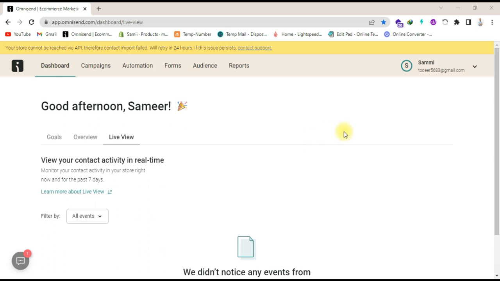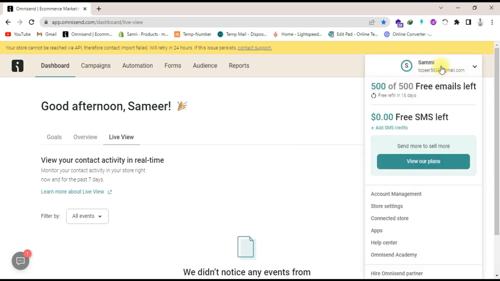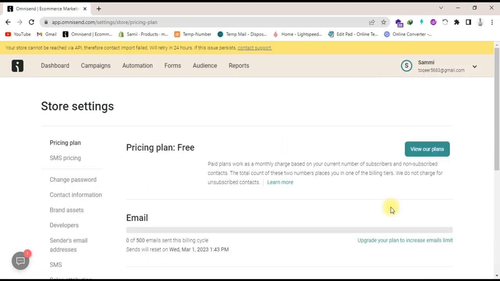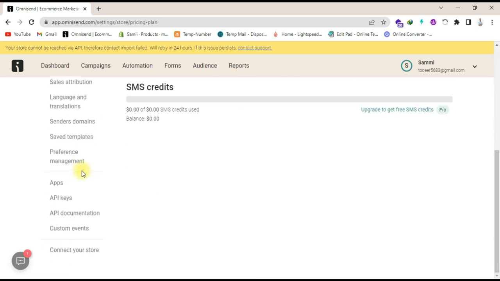First, click on your account name and select the store settings option. From the various options available, scroll down and locate the API key option on the left side. Once you have clicked on the API key,